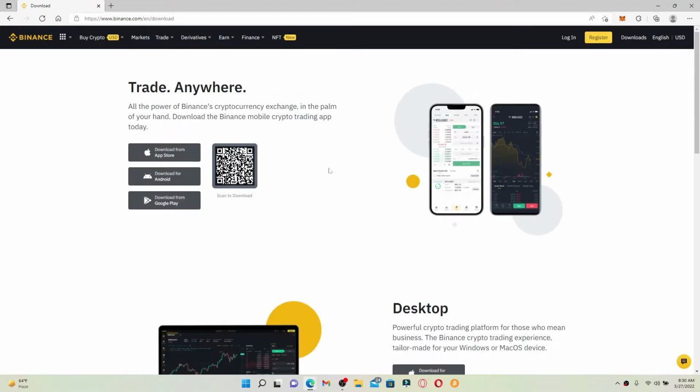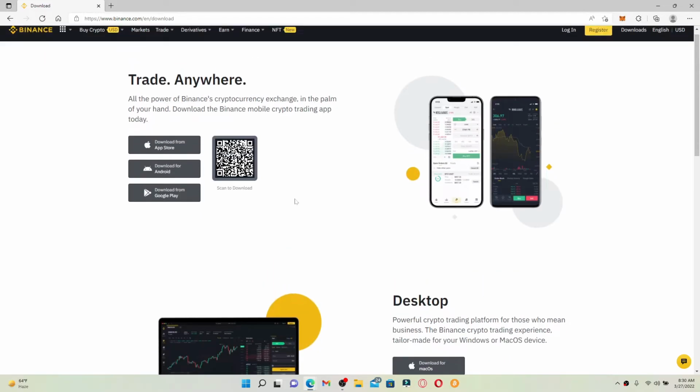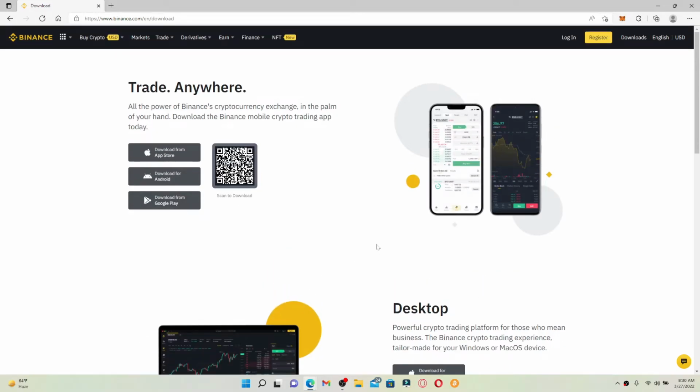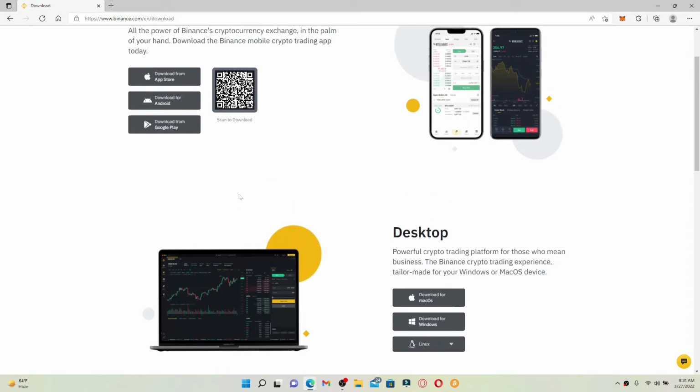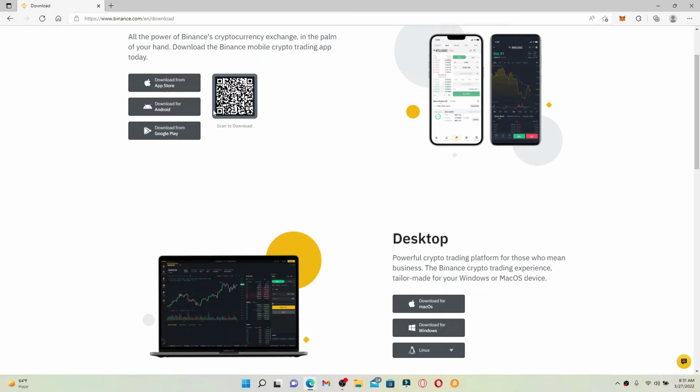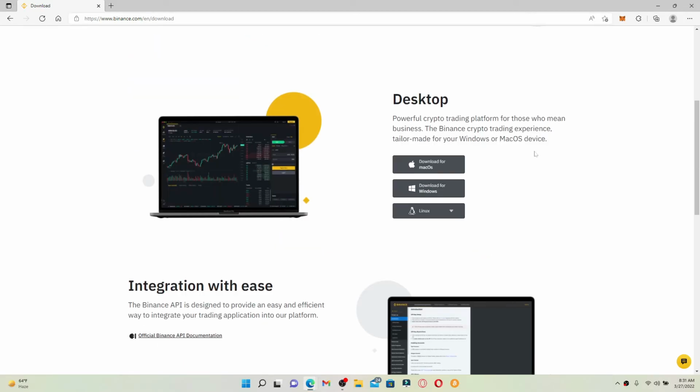From this page, you'll be able to see the download links displayed, which is available for your mobile devices as well as desktop. In order to download Binance application for your Windows, simply click on the download for Windows button. Similarly, there are other options which is available for Mac OS, Linux, and you can also get the application downloaded on your smartphone. Now in today's video, we're going to download it for our PC, so let's click on this